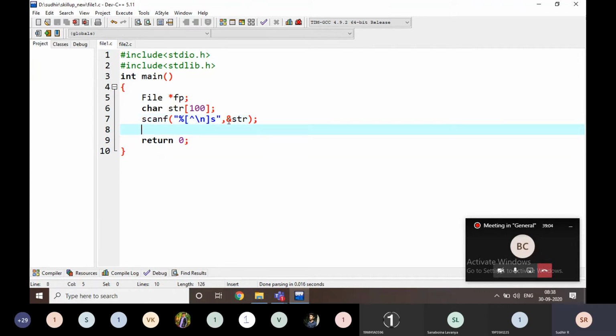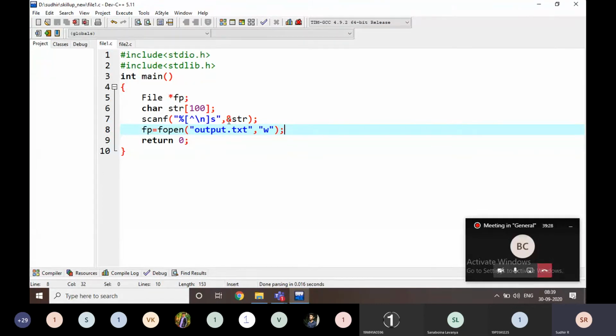Now I'm going to put the data in one file. I'm going to fopen some output.txt. But there is no output.txt. What will happen here?